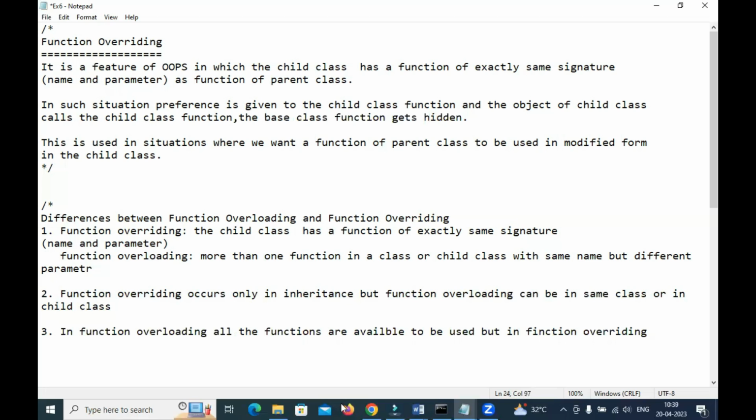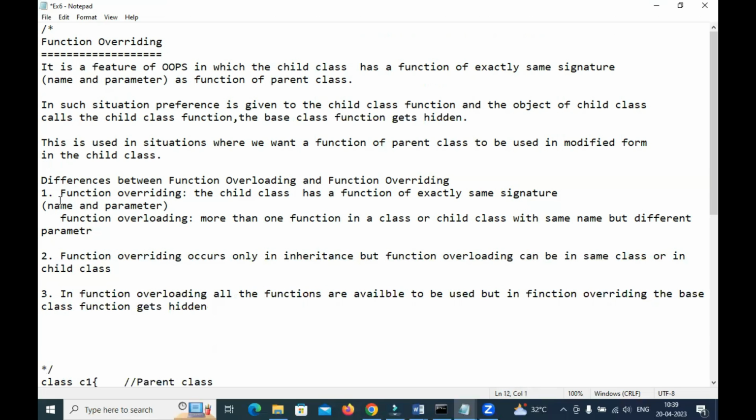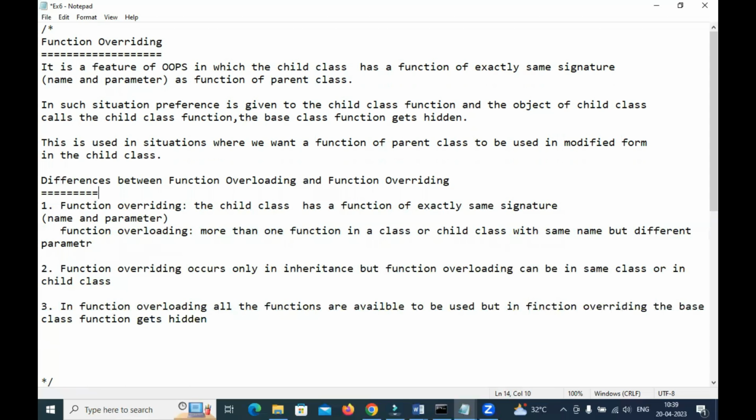So these are the 3 important points which we should know about function overloading and function overriding. So these are the differences, and this is the example